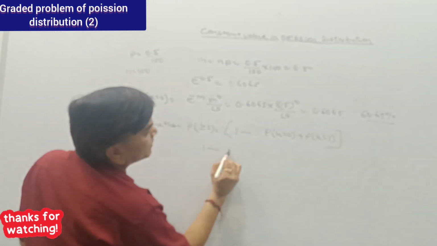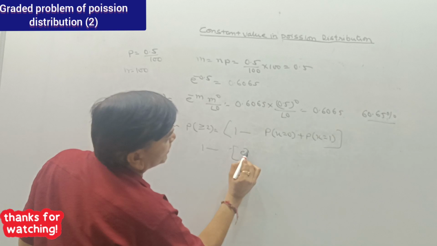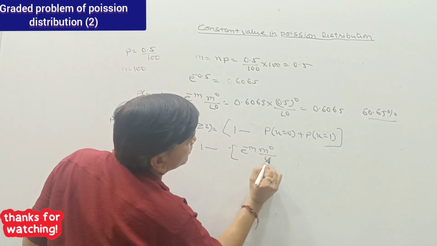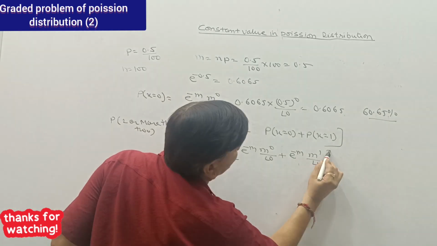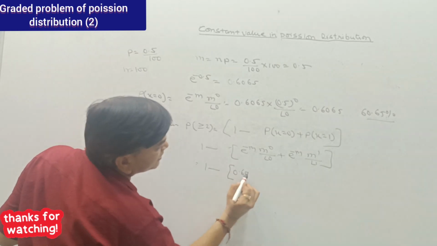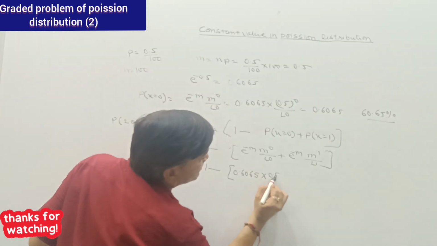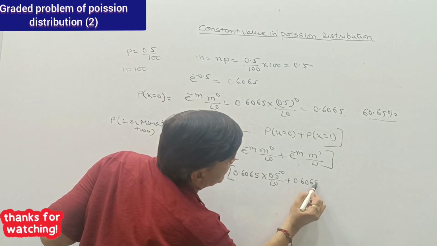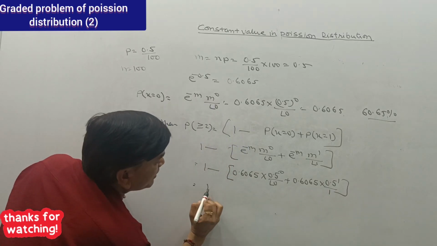So 1 minus, probability of getting 0, that is e raised to power minus m, m raised to power 0 upon factorial 0, plus e raised to power minus m, m raised to power 1 upon factorial 1. So that is 1 minus, 0.6065 multiply 0.5 raised to power 0 upon factorial 0 plus 0.6065 multiply 0.5 raised to power 1 upon 1. So that is 1 minus